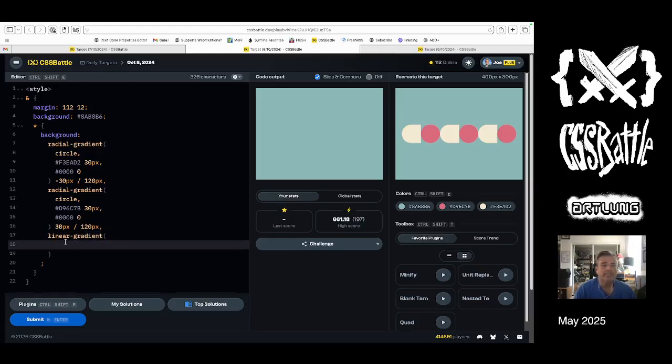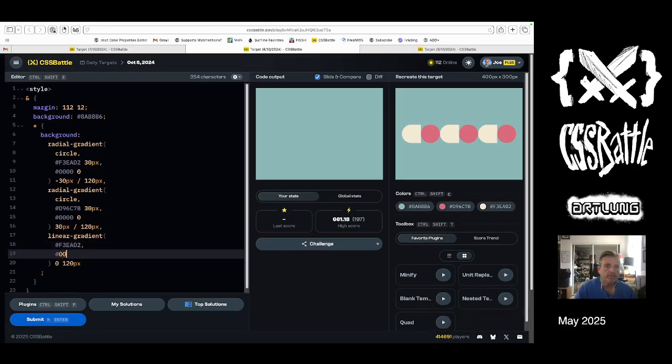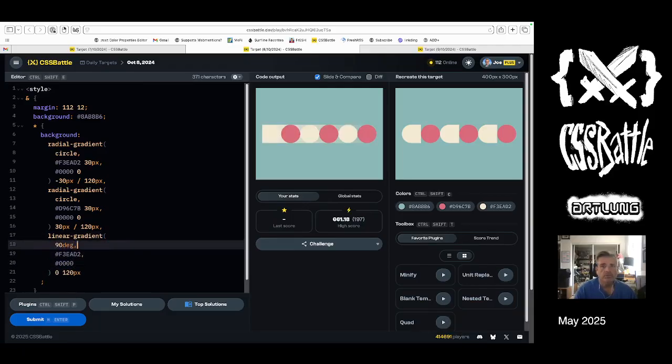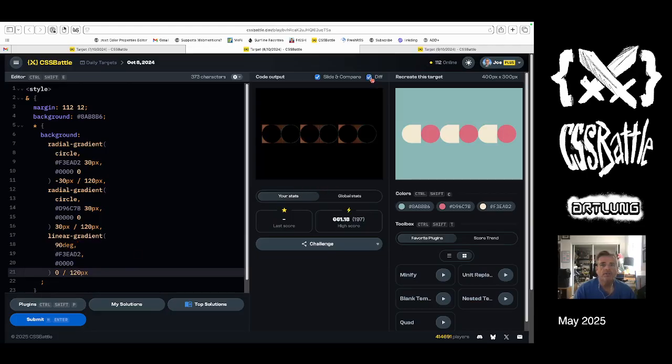Which probably has the same characteristics. If I do 0, 120 pixels, and say I need white and then transparent, coming in at 90 degrees. Look at that. So that looks, I mean, it's wrong. It's not correct yet. Let's do 10 pixels,